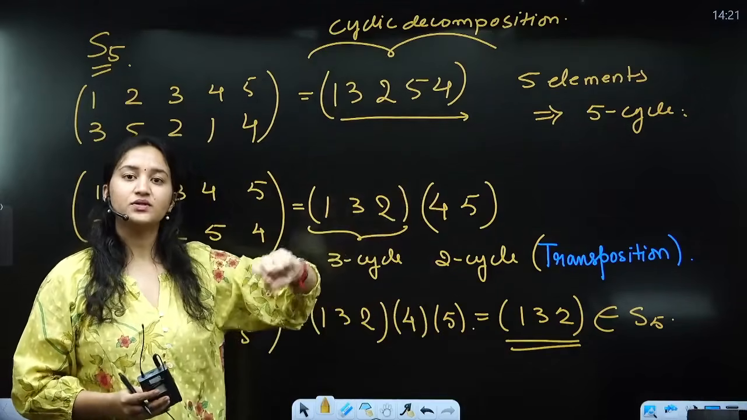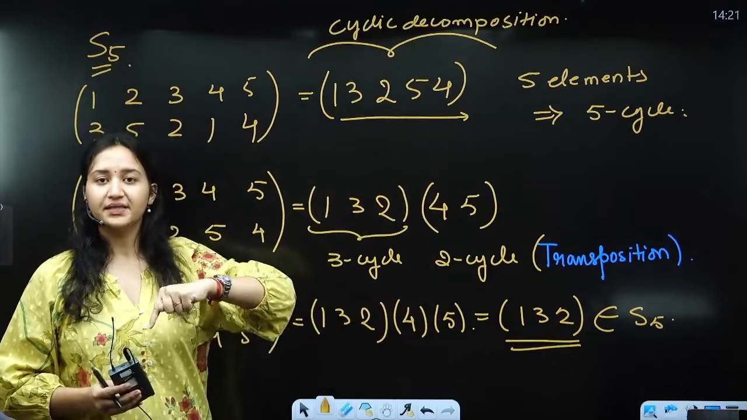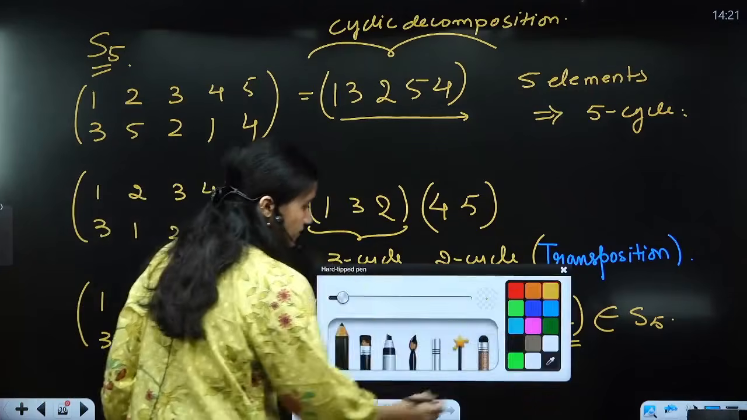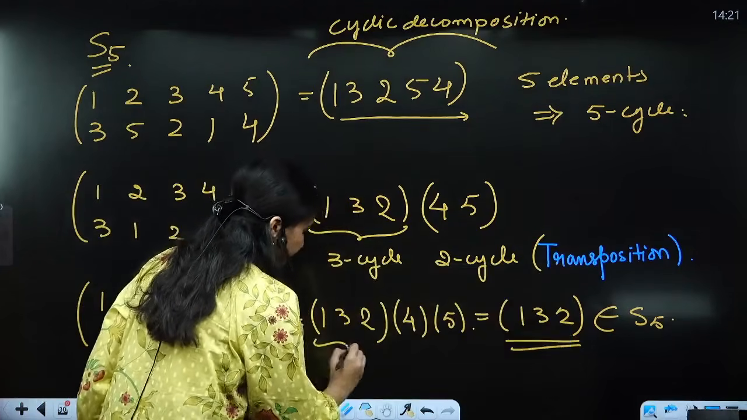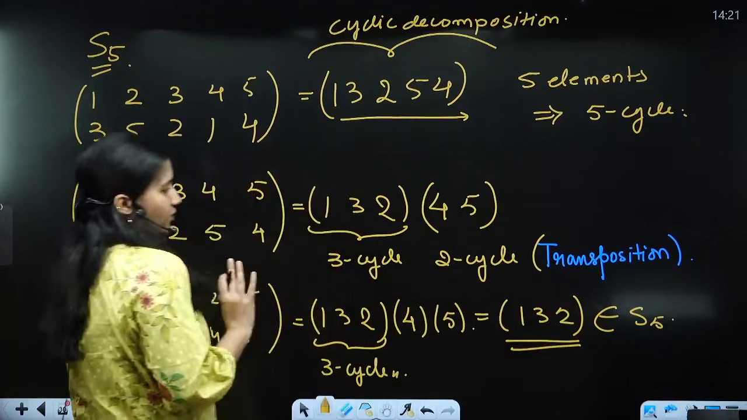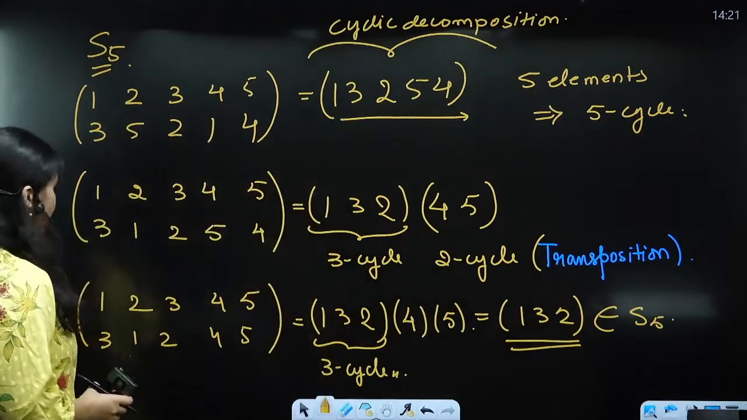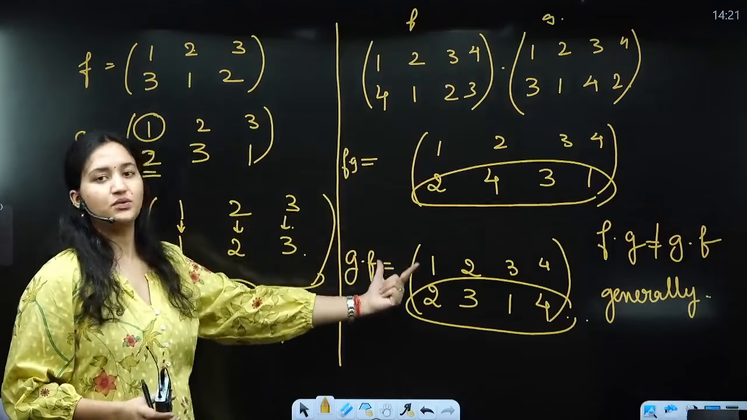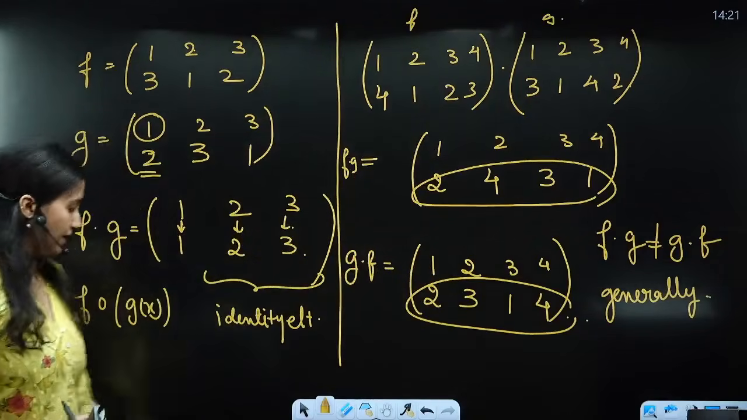In that case, what is going to happen? 6 is going to map to 6. Clear? Now, this is going to be again a 3 cycle, right? Now, just understand one thing. Yahan pe we saw one example where f dot g was not equal to g dot f. Clear? But